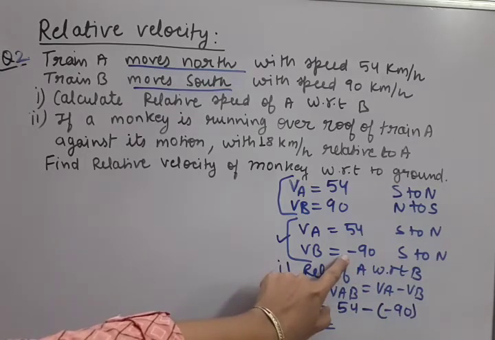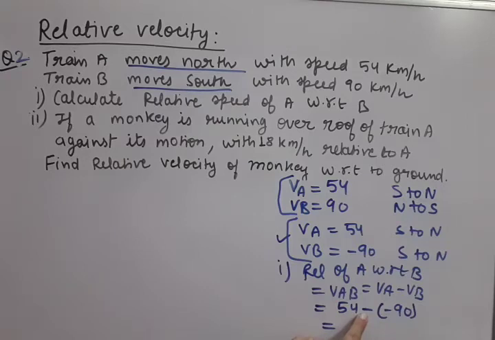You can see here. One minus sign is already going on because of this formula. So that means they are getting added now. Minus minus plus. So final answer will come 144 kilometer per hour according to the question. And the final direction is what we selected. So this relative velocity we have obtained in south to north direction, 144 kilometer per hour. Now I am proceeding to the second part of the question, which is very technical.